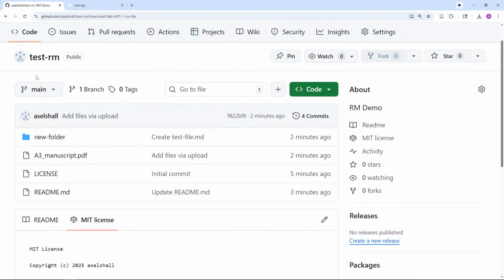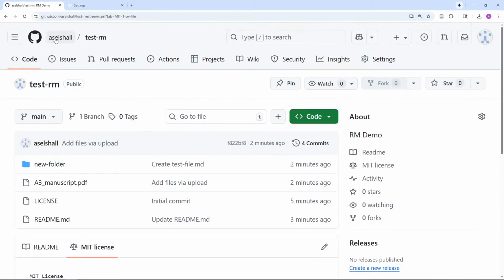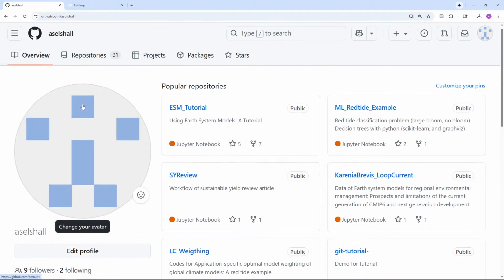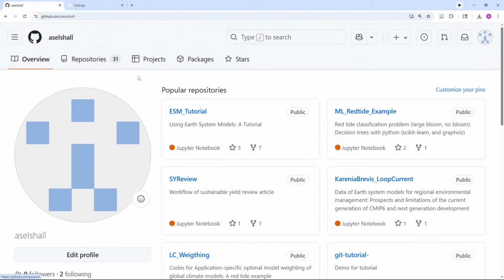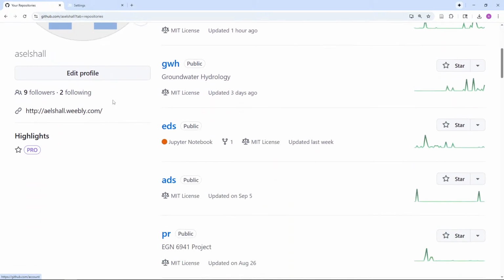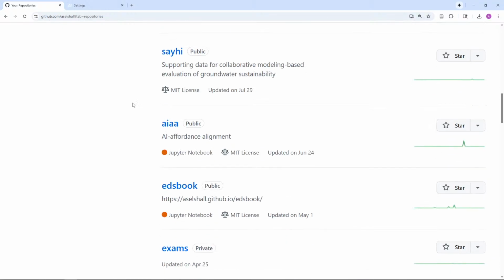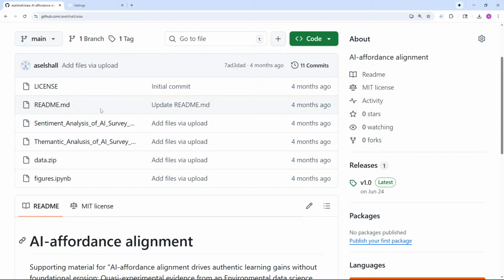Let me show you this repository. So let me show you an example. I will go here to see. This is my repository. I have like 31 of them. And let's look at this particular one. You go to this one, and you see it has some survey